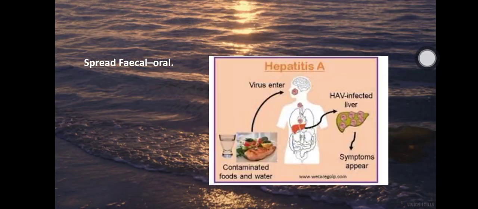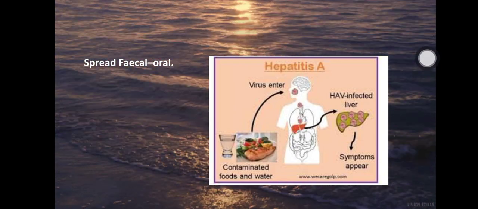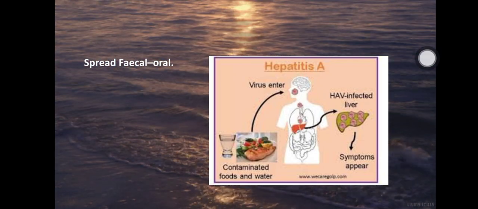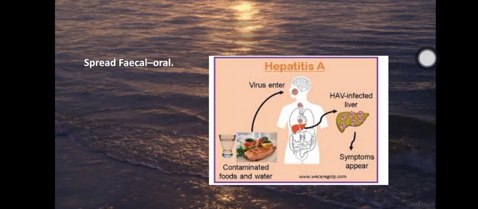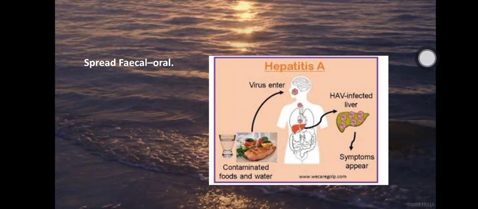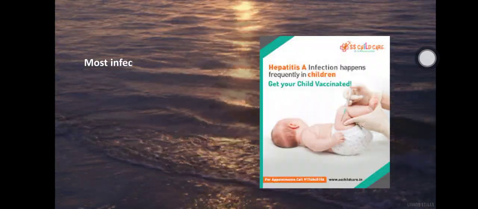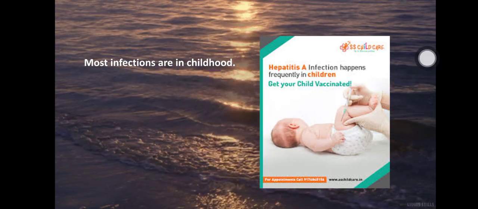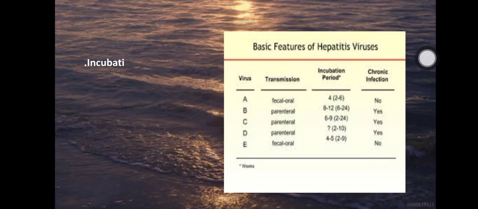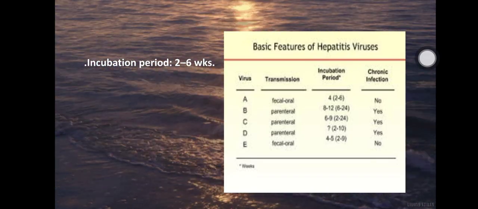So it spreads by the fecal-oral route. That is, the virus reaches the mouth through contaminated foods and water, then mouth to the stomach to liver, where the liver gets infected and symptoms appear. Commonly seen in children below 6 years of age. And then the incubation period is 2 to 6 weeks. As you can see in the figure there,